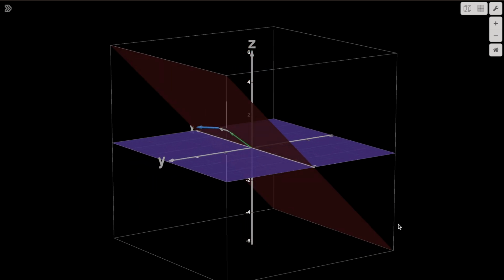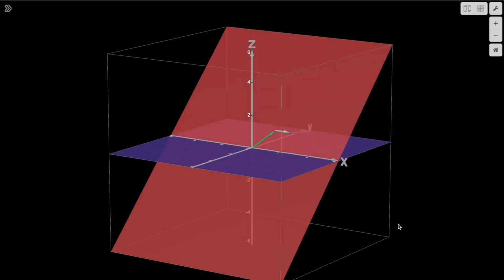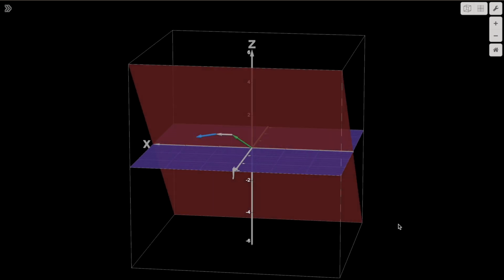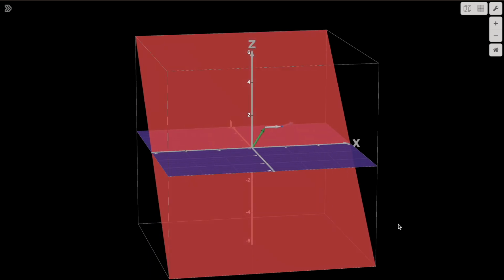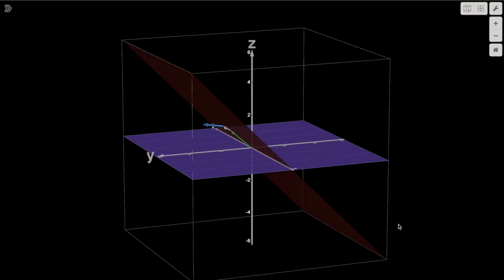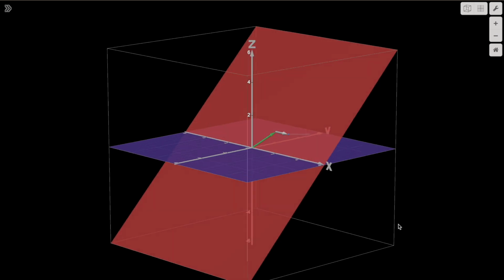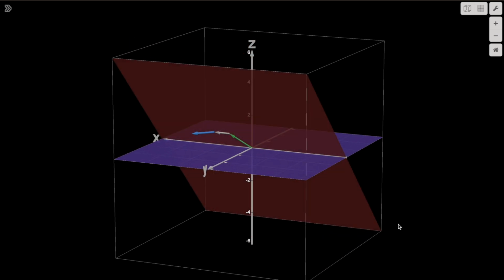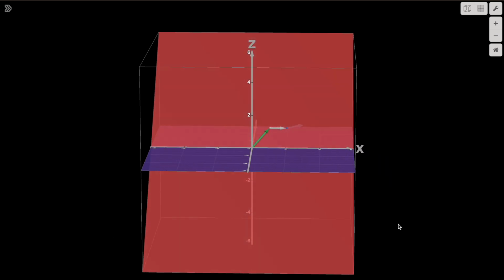Take a look at these three vectors. They are not just any vectors, but they are the column vectors of a matrix. Notice how the green and white vectors both lie on the same red plane. This red plane represents the span of these two vectors, the full range of directions that they can define together. Now, if we shift our focus to the purple plane, it's defined by the span of the white and blue